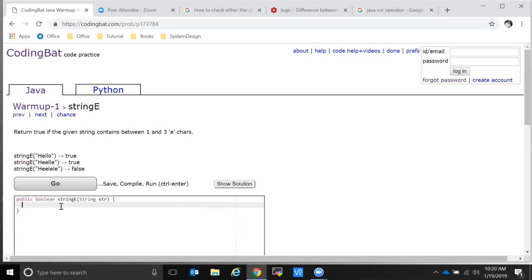Any idea? So I'll tell you. My solution will be something like this. Char array c is equal to, there is one method called toCharArray. There is one method in the String class. So I can use this to